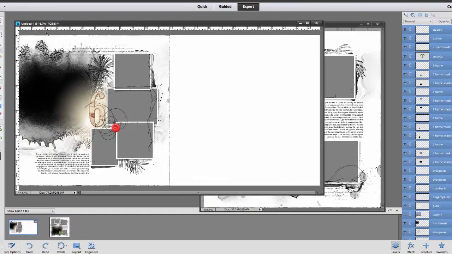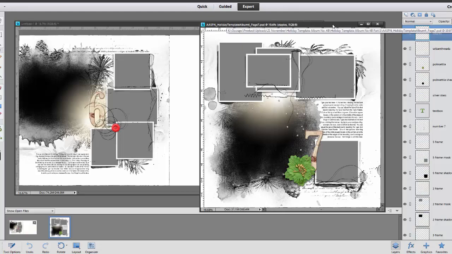ahead and create a 24 by 12 inch blank file and then move the layers from each of the templates onto my canvas. And you can see I've already moved the layers from the 6th template onto the left side of my canvas. Now I need to go ahead and move the layers of the right page, which is template